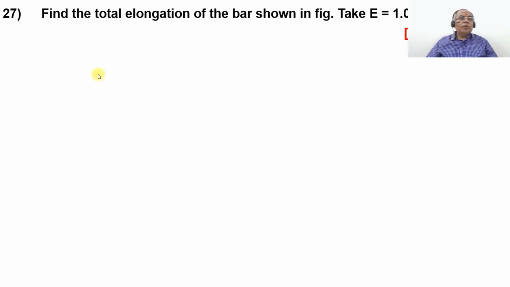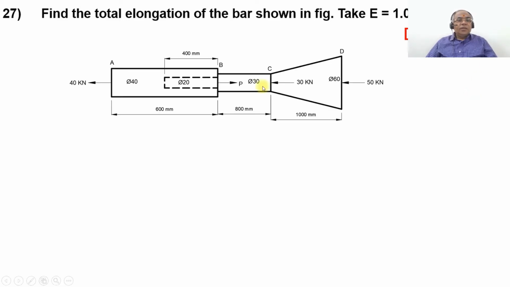Now, we're going to take up one more problem, problem number 27. Find the total elongation of the bar shown in the figure. Take E equals 1.05 into 10 to the power of 5 Newton per mm square. The figure shows a load of 40 kilonewton acting towards the left side and